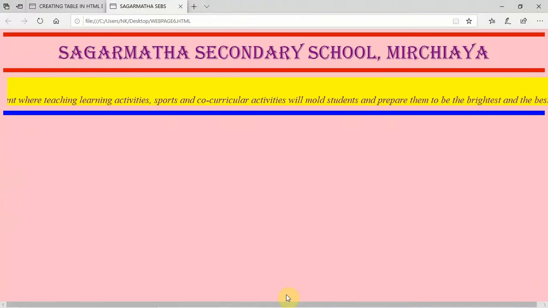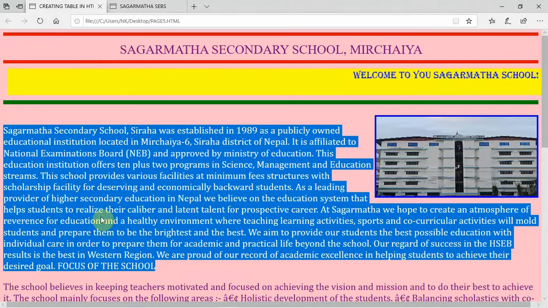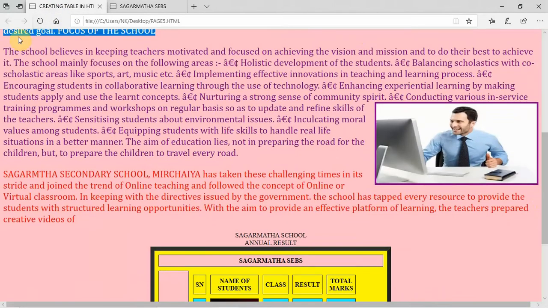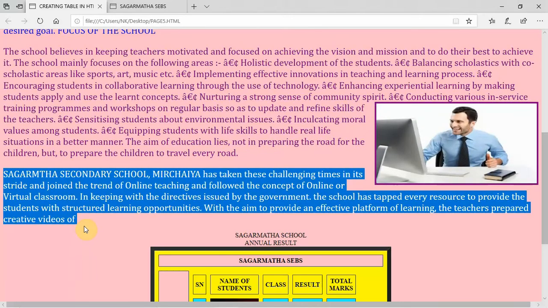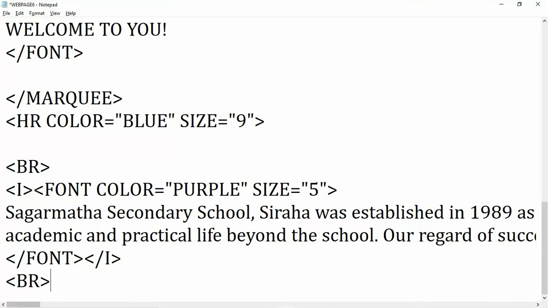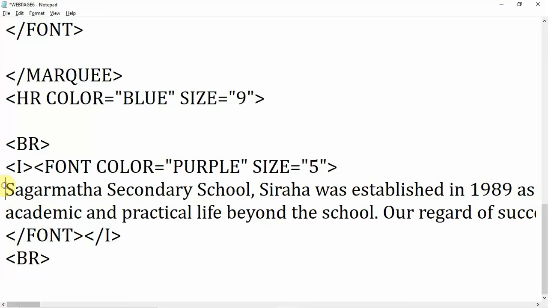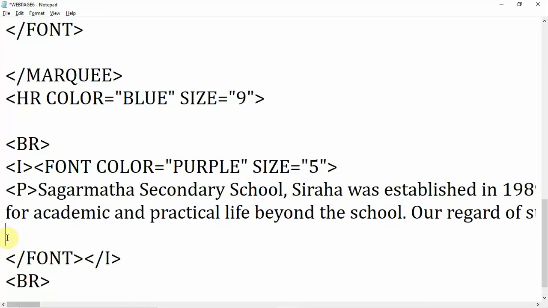Now you can see it is written here, and after that I want to copy some more text from there. I want to also copy this text from here. Ctrl plus C, and after that first of all I want to use the BR tag. Before that you can also use the P tag if you want. If you want to make 2 paragraphs, you can use the P tag also. So close the P tag here, Ctrl plus S.